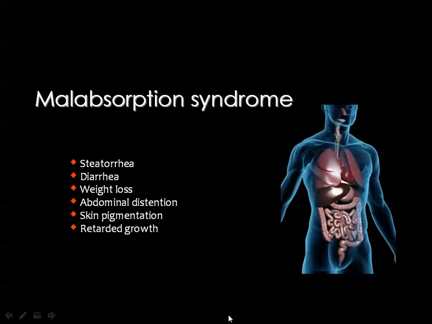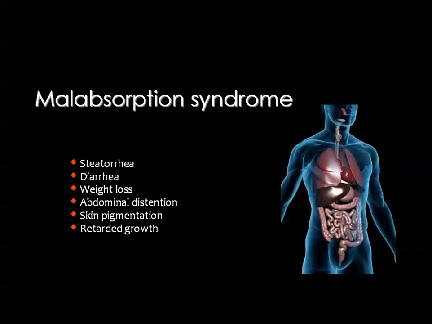Then we come to the issue of malabsorption syndrome, and this disease is, until now, usually assessed by the old technique, which is the barium meal follow-through. And of course, in most cases the diagnosis is not reached from the barium meal follow-through, but we say that this is a malabsorption syndrome, and that the underlying cause is usually reached by the mucosal